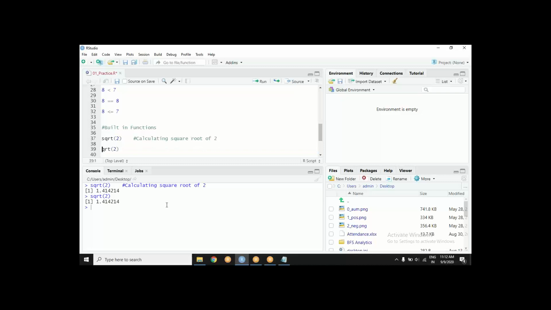But if I type capital SQRT, see what happens. It tells me upfront that there is no function SQRT with capital S. Now R does not know which function you are talking about, right? So it is always good practice to stick to auto suggestion.